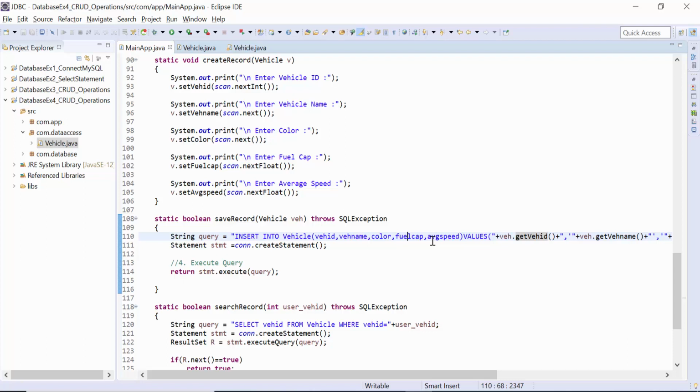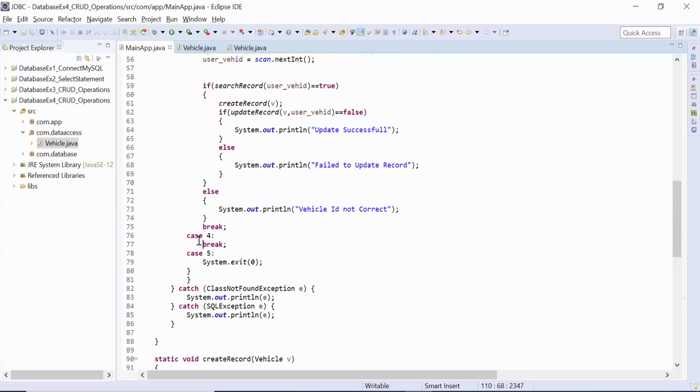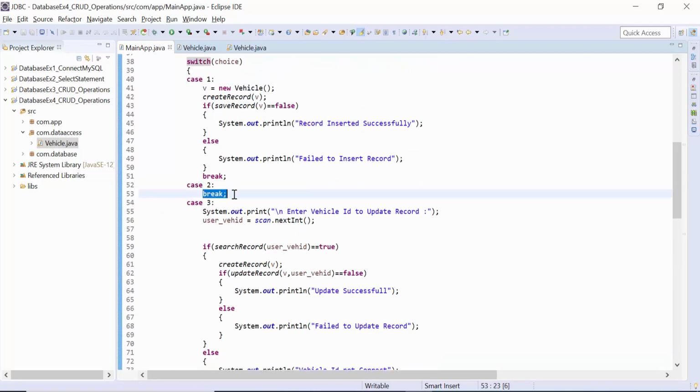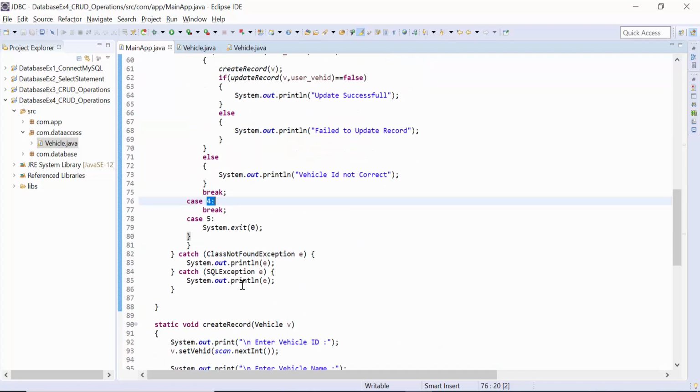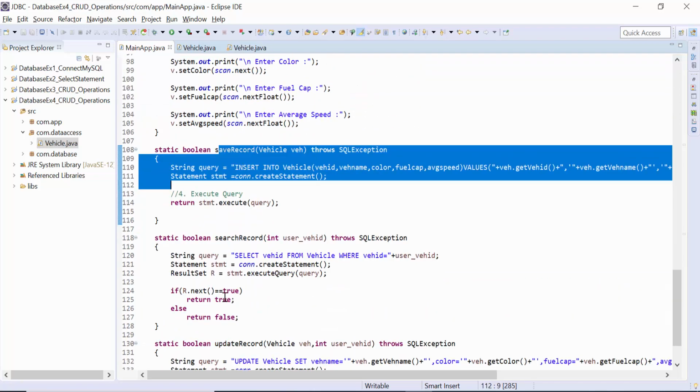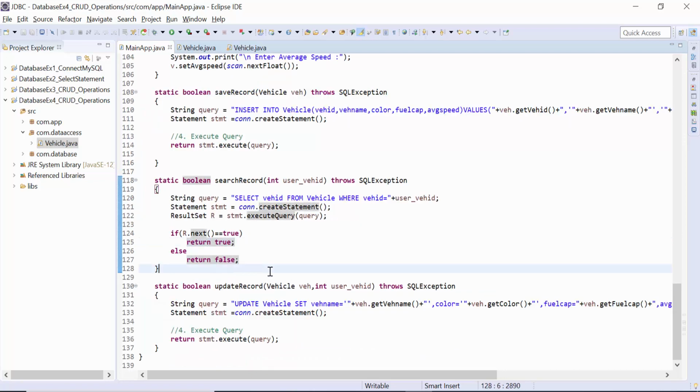PreparedStatement helps you manage setting all the values to the SQL parameters, and the CallableStatement interface helps you call stored procedures from the database. So there are two more, but in this session I just wanted to tell you how we fire queries on a database. Okay, so now you can complete the project by writing two more pieces of code, for 2 and for 4. 2 should access the data from the database, and 4 is to delete from the database. So write your functions like save and update and complete this project. Thanks.